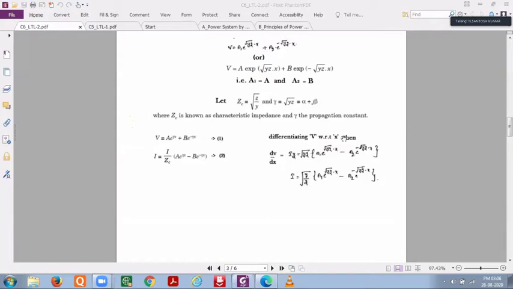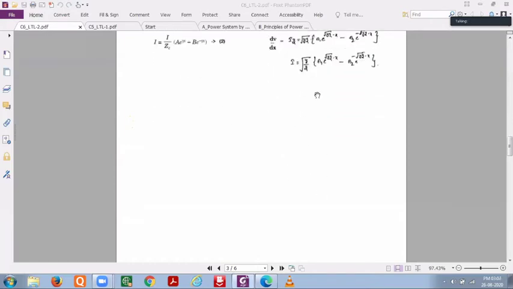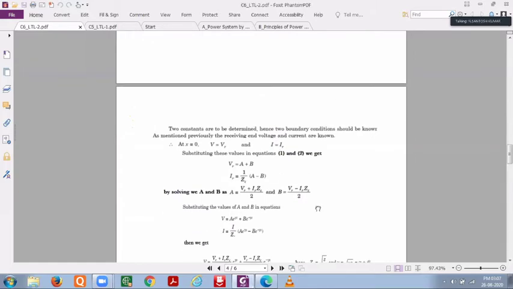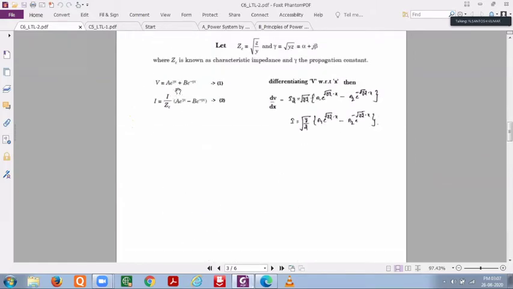So as the next step, what I'm supposed to do, I need to find my A and B values, right? In these equations, I need to find A and B values. When I know A and B, I can determine the voltages and currents at any instant, right? Our first task is to determine V and I at an instant. So in V and I, we have encountered these two constants, A and B. So first, we are supposed to simplify this A and B.